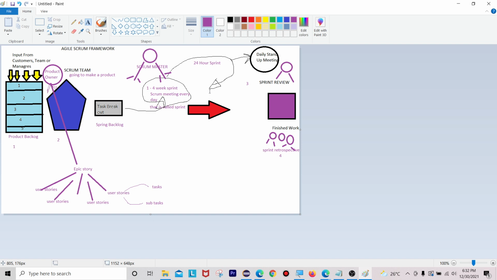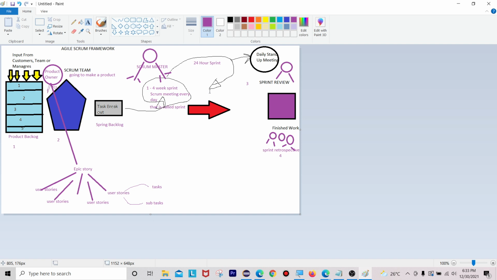In the sprint retrospective meeting, the scrum master and the product owner also attend. During this meeting the scrum master will come as well as the product owner. Which meeting? That is the sprint retrospective meeting. What are all the questions you can have here? Sorry, not questions, what we are going to discuss here.